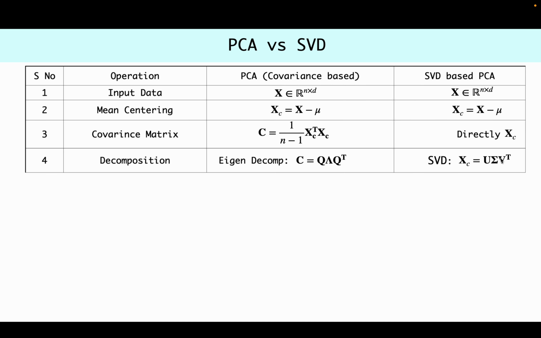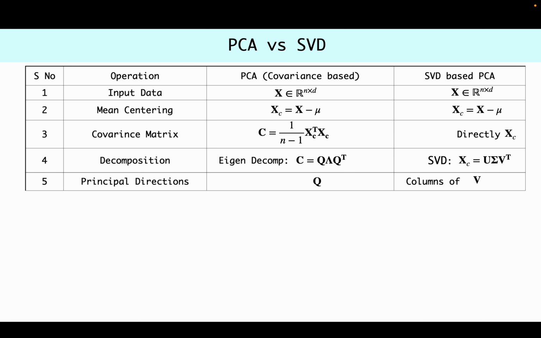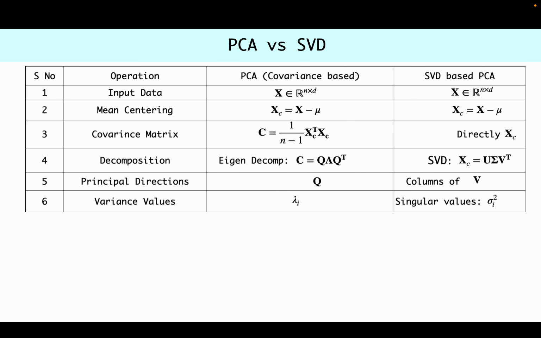In the same way, V is also constructed by computing the eigenvectors of XC transpose XC. So in a way, both are doing similar things, where we are utilizing the eigenvectors of the matrix XC transpose XC. So we get principal directions in the matrices Q and V, and variance values, or how much variance there is in the data, is quantified using